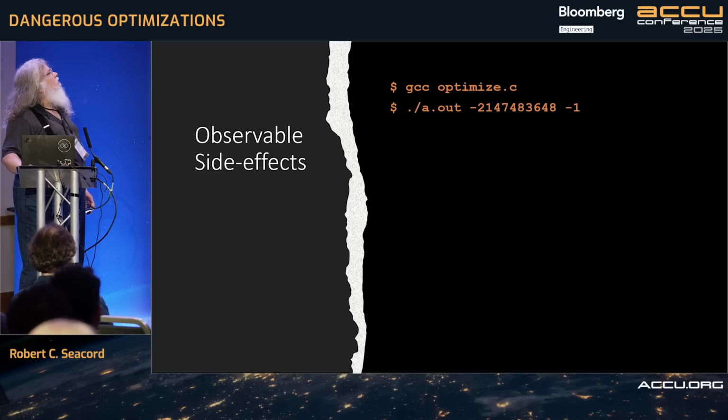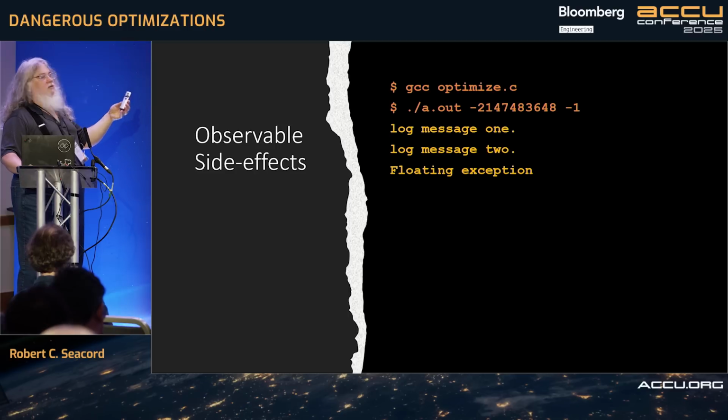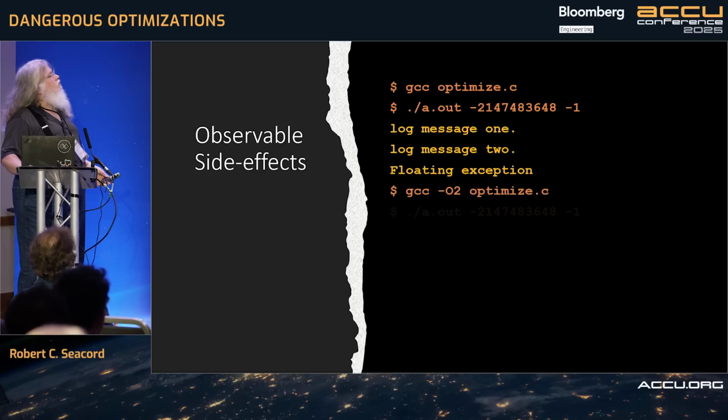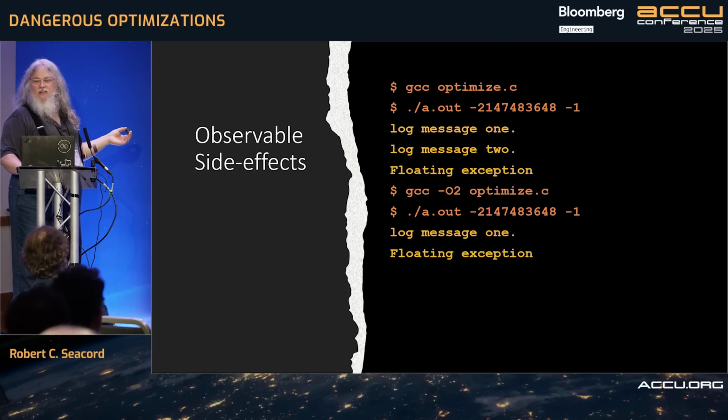So if we take that code and we compile it unoptimized, you'll see the first two log messages, the one before the loop, the one inside the loop, and then you get the division fault. Now, if I optimize the code and do this, you see log message 1 and then you see it crap out, right?